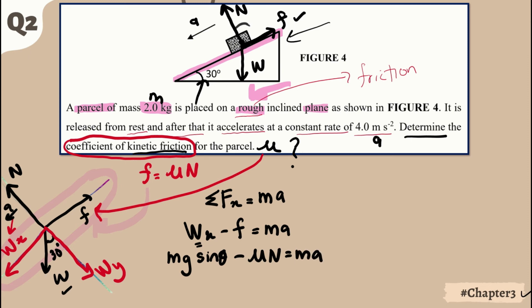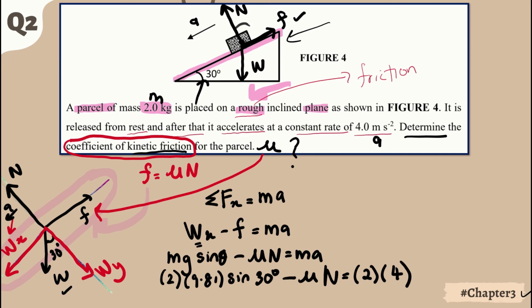Then we can substitute: 9.81 sine 30 minus mu N, where N is not known so far, mass is 2 kilogram, acceleration is 4. Since our equation has two unknown quantities, we are going to find N first from the